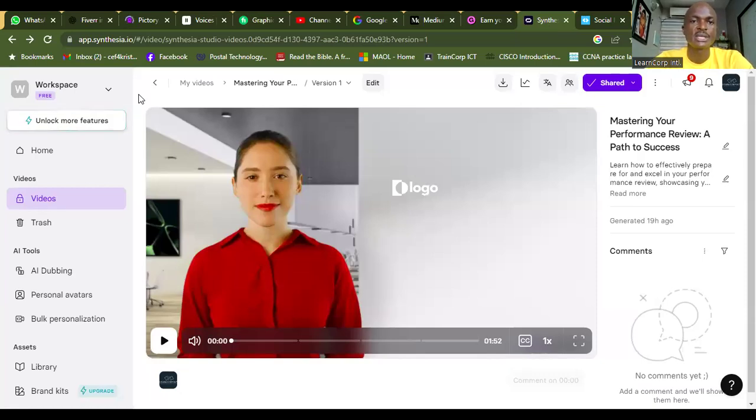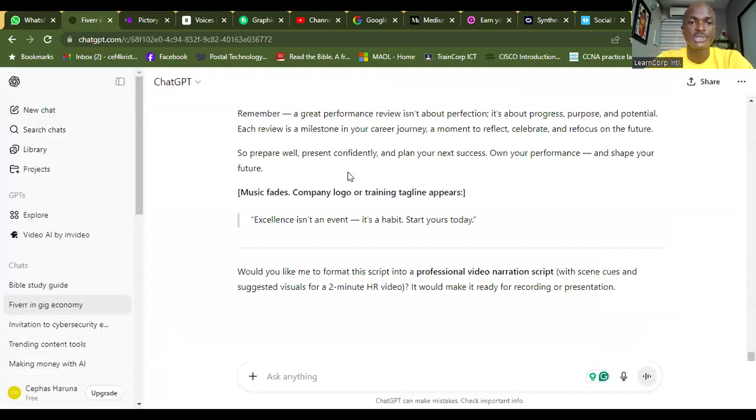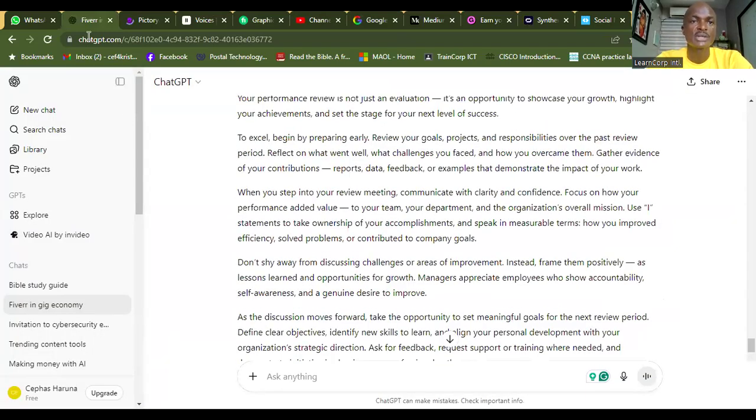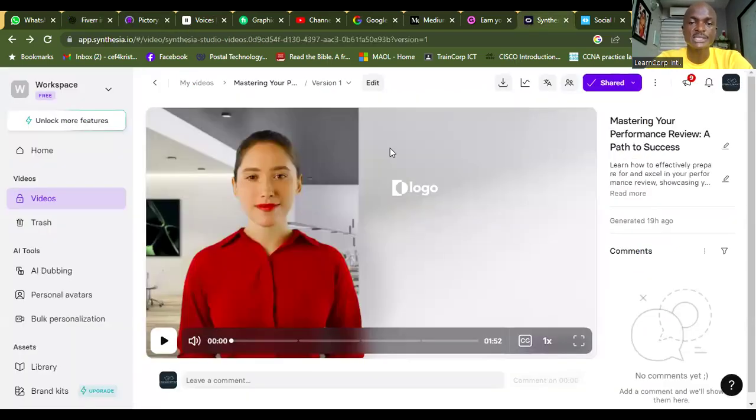I had a text built here on ChatGPT. Like I mentioned, this was the text. I took my text all the way to synthesizers. Now, I didn't do very fantastic work, okay? I just had it here. Now I could do detail work here. So with synthesizers.io, that's the name of the app, you can create your logo, you can select the kind of character you want, you can choose the voice you want, and once you give it the text, immediately it's going to generate the video.